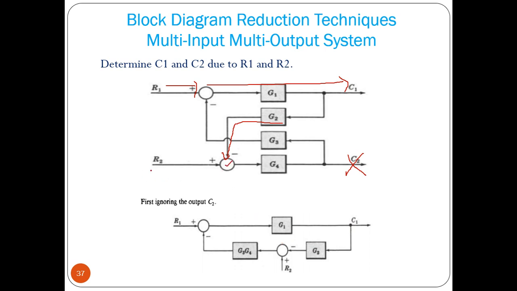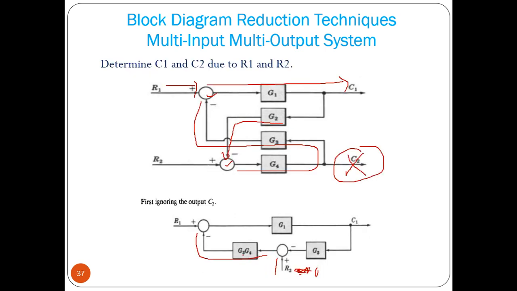At that summing point R2 input you have to apply. Okay, then the output of that summer, G2 and G3, goes back to this input R1, to this summer. C2 output is not there, so we don't have to consider C2. But this way we have to go to this one. So from this summer, G3, G4 connected here. So this is the overall block diagram. Now we have to apply superposition theorem. That means R2 equal to 0. Okay, what is the value? Output we have to find out.